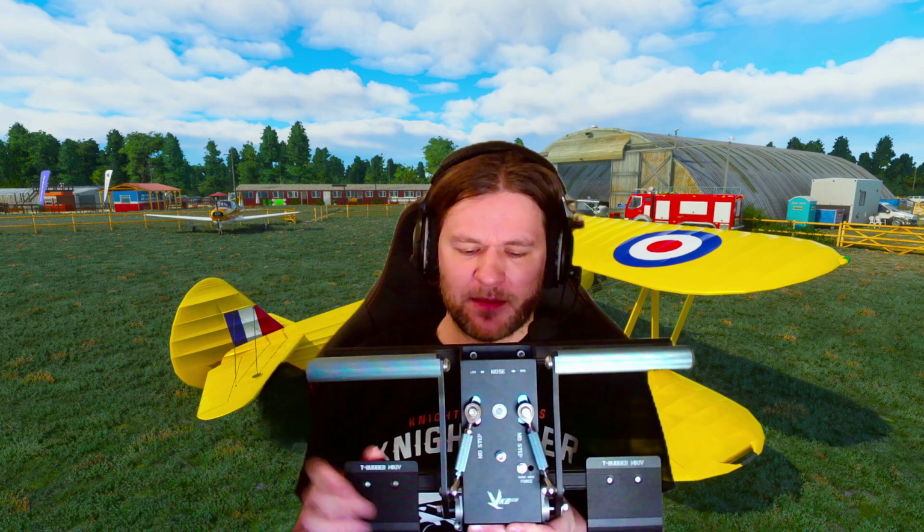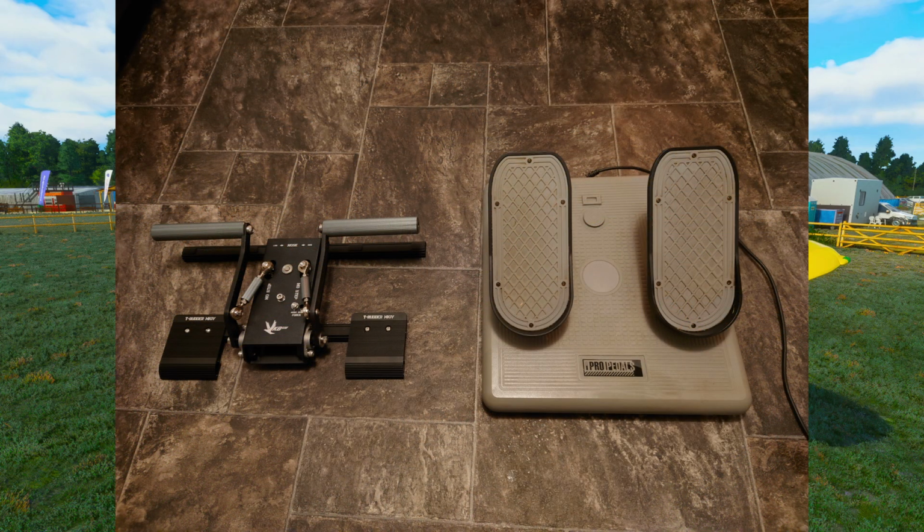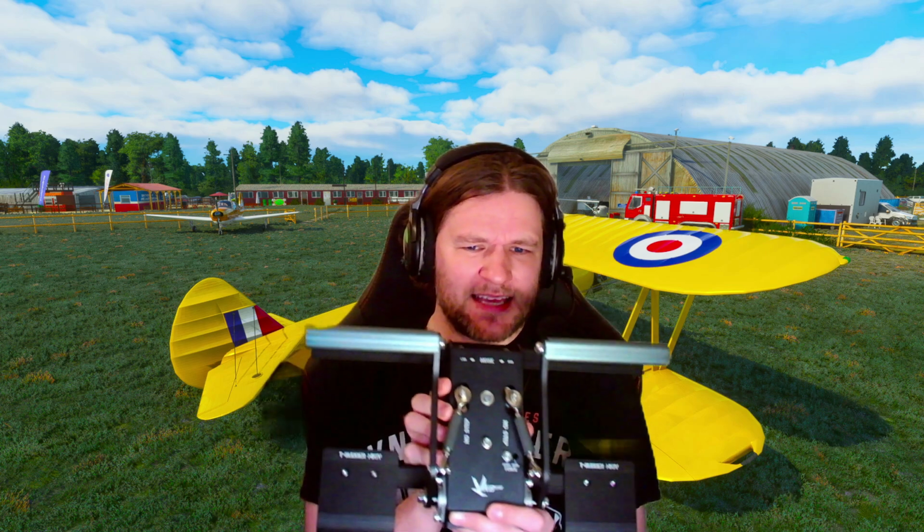That's the first thing I like about these, because I don't have any space at all, like most people. I live in quite a small, well, the house is big, it's just this man cave is so small. What I'll do is I'll put a comparison of the CH pedals and these together. You can quite clearly see there that they're a lot smaller, but the real factor here is that this